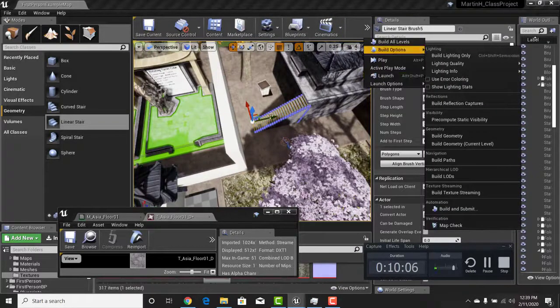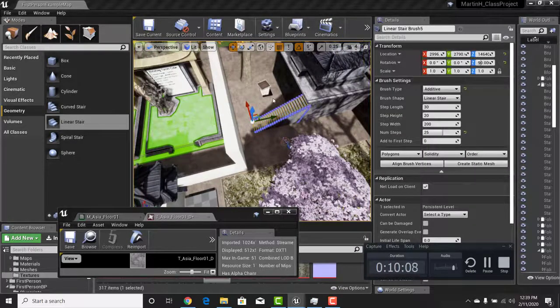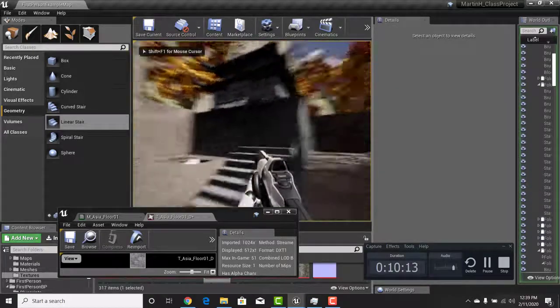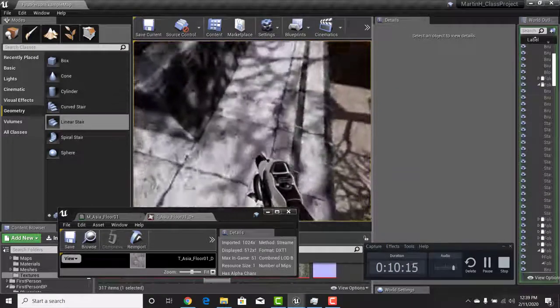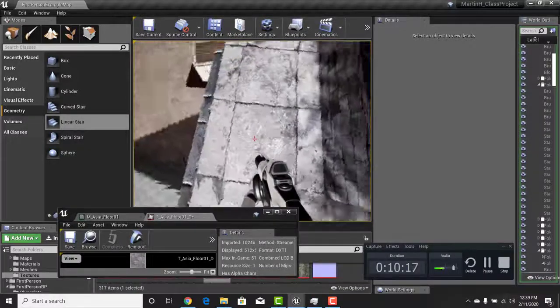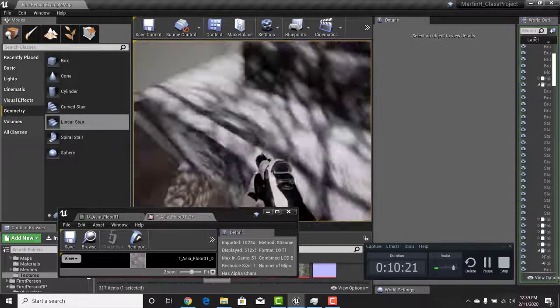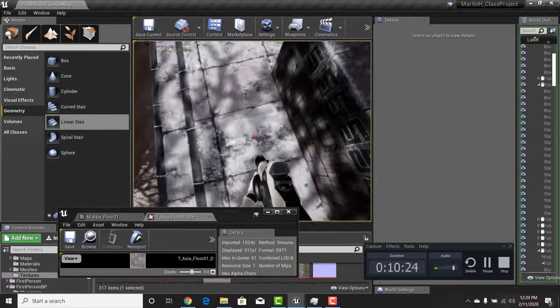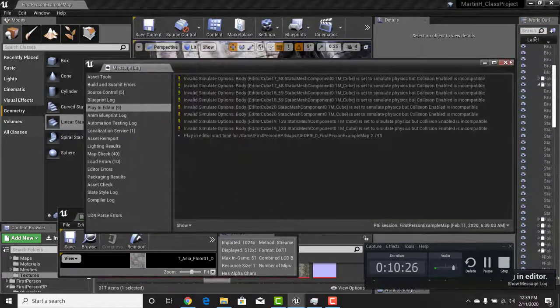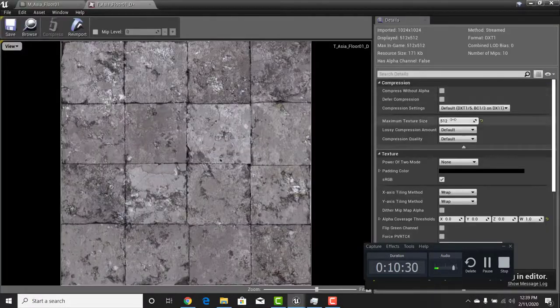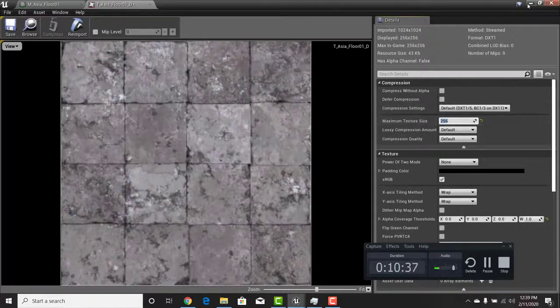Let's push play. Okay, so you can see that that looks fairly well. I'm not seeing too much distortion or anything like that. So let's go back, so at 512 that was actually pretty good. Let's knock that back down to 256 so you can see that we get some blurriness